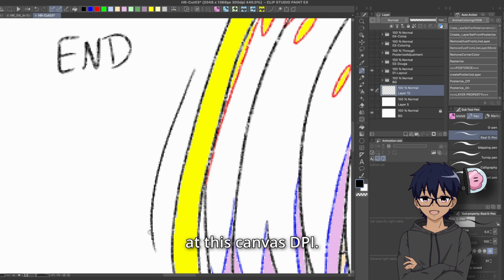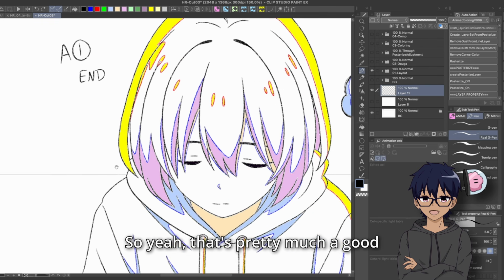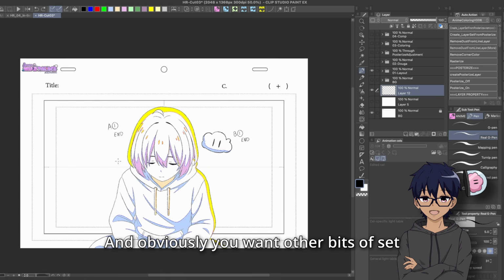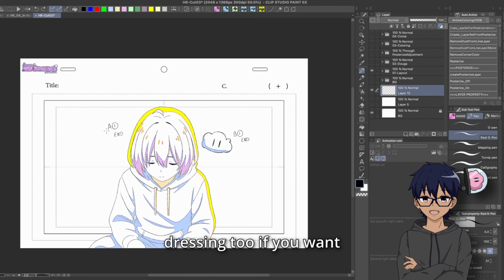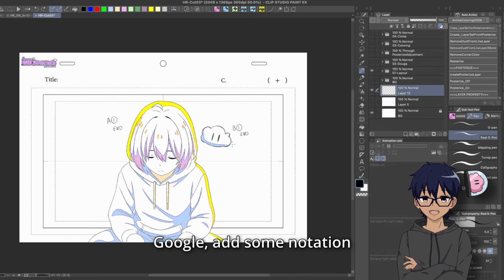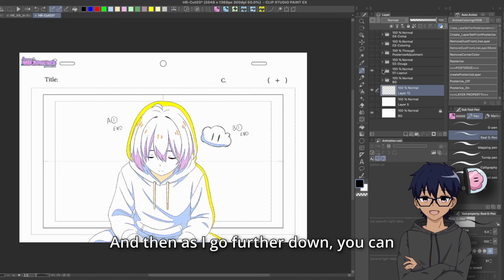Let's see. So even that, the quote-unquote real G pen gives a pencil-like feel even at 5 pixels at this canvas DPI. So yeah, that's pretty much a good example of how I made my shots look like anime. And obviously you want other bits of set dressing too if you want to try to make a fake anime shot. So just import a keyframe template from Google, add some notation if you're feeling fancy, and then as I go further down,